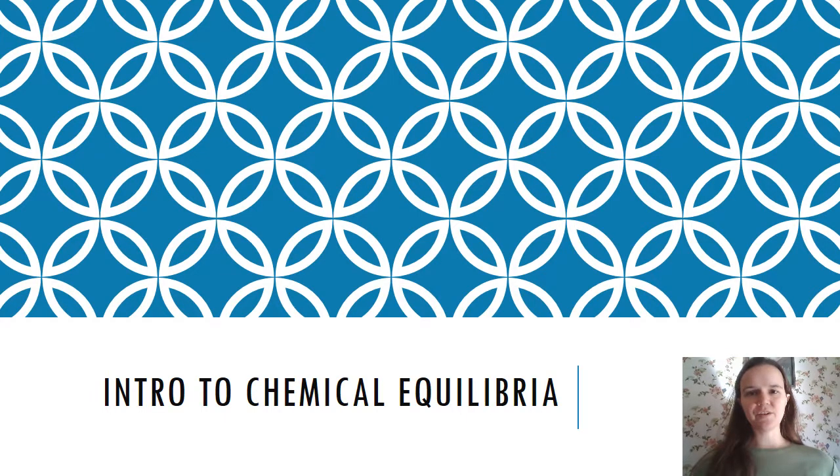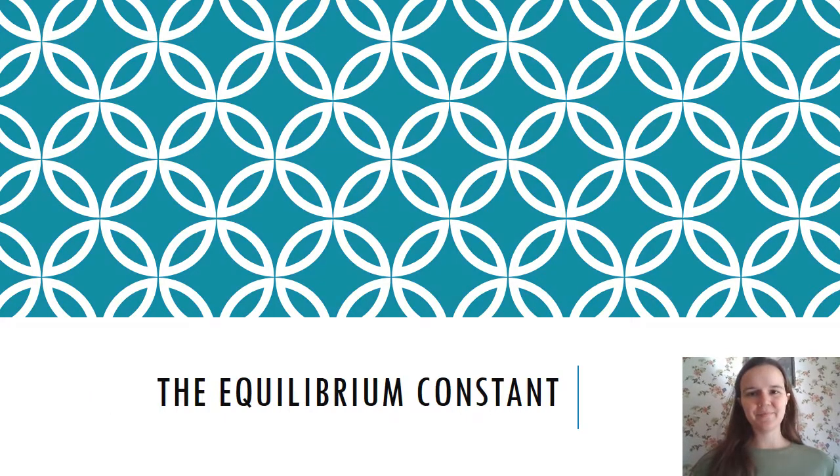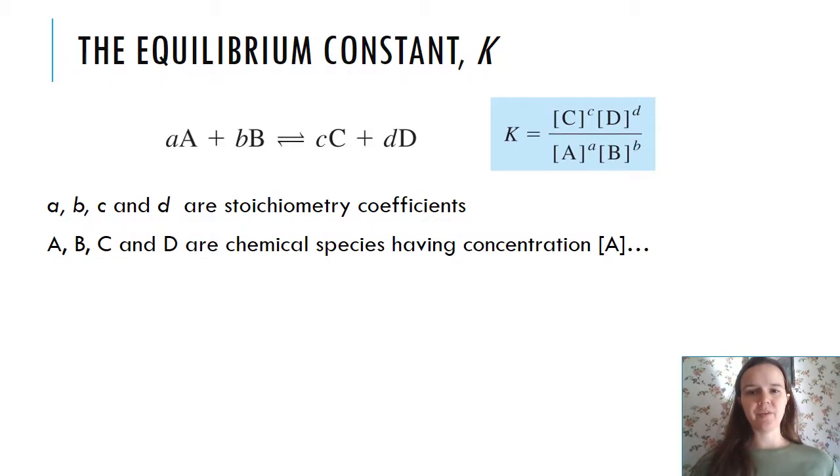Hi, this video is an introduction to chemical equilibria. The first thing I'll talk about is the equilibrium constant in general. Now, your equilibrium constant is set up as a large K, so you're going to say a big K a lot of times. And if you have a reaction such as this very simple one, A plus B equals C plus D